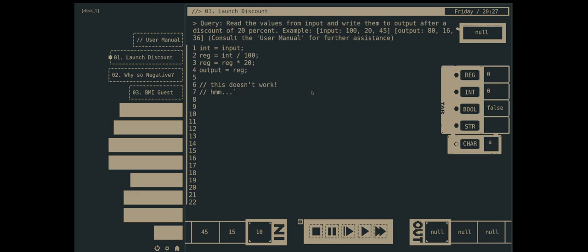Subtract that from... okay. So yeah, so you get 100 times 20%, you're left with 20, and then you subtract that to get 80. Okay. Input